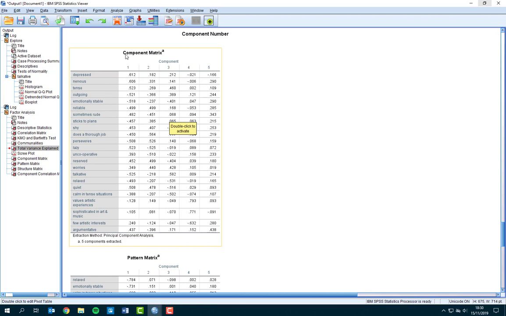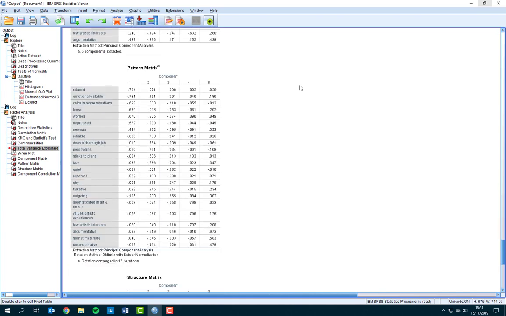Now the component matrix, this is the unrotated solution, and what we're really looking for here, and this is all in your walkthrough, are the really high factor loadings. That would suggest that there's a particularly strong relationship between the item and that factor. Now, when you haven't run a rotation, it's very hard to interpret because almost all of these items will load highly, firstly onto the first factor, then onto the second factor, and you'll end up with very few things loading highly onto your fifth factor. It just basically isn't that user-friendly. So we want to look at the rotated